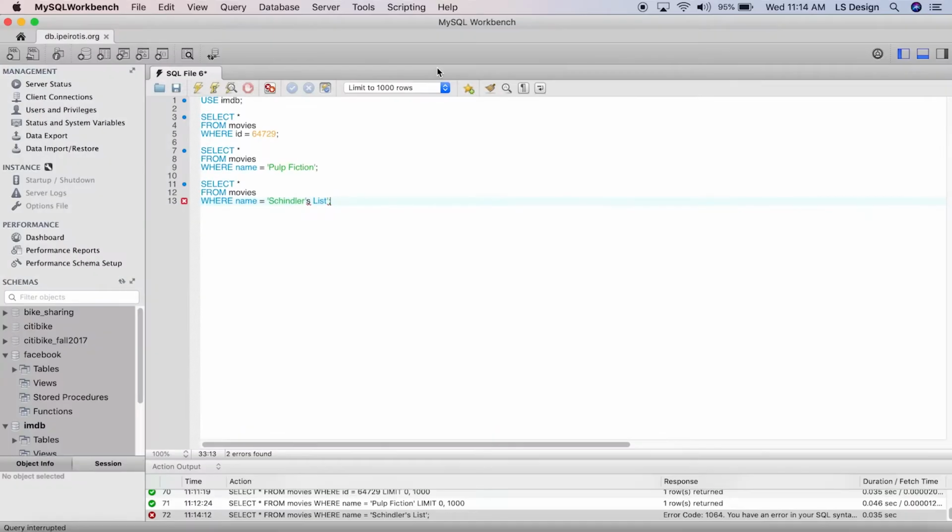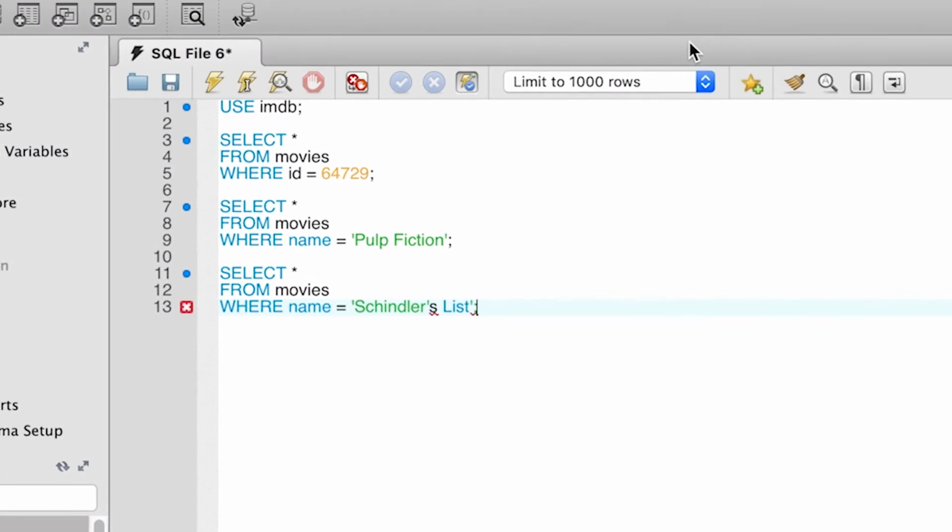So the question is, how can we deal with this error, right? There are two ways that we can fix this issue. The first one is, instead of using single quotes, we can write Schindler's List within double quotes. So we type where name is equal to double quote Schindler's List, closing the double quote.